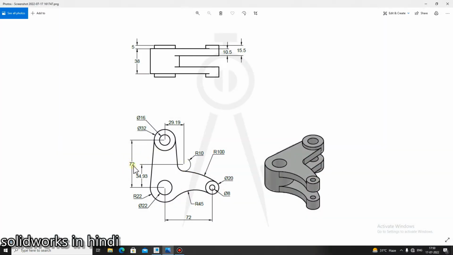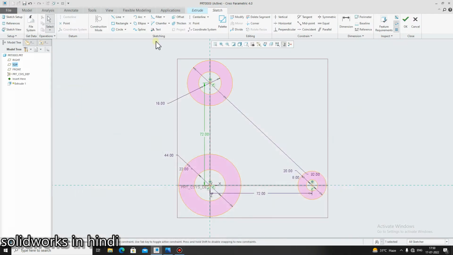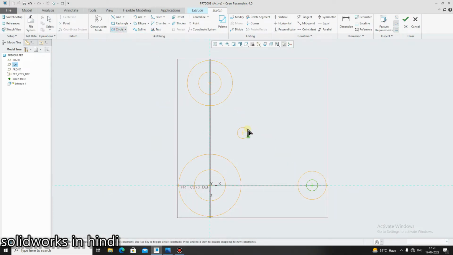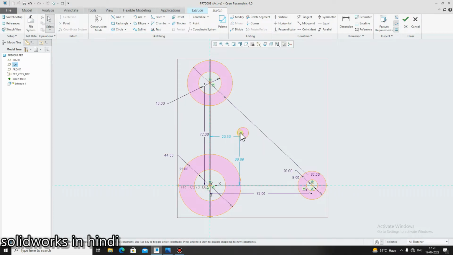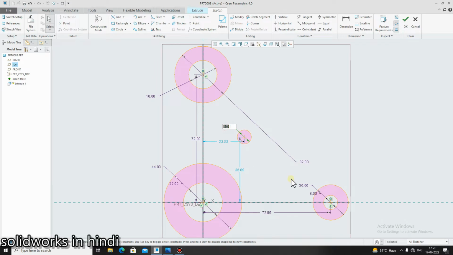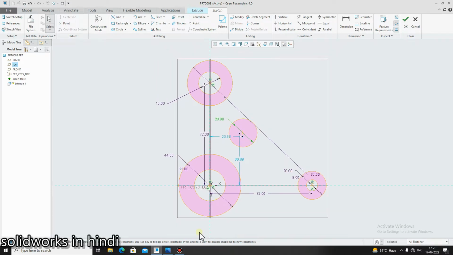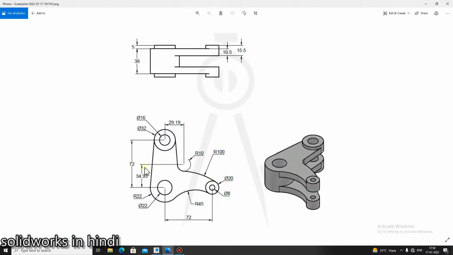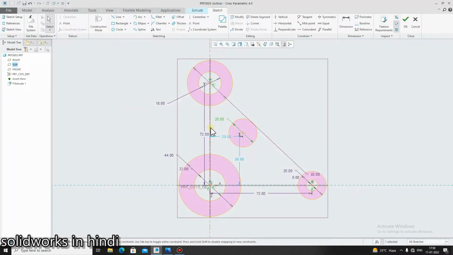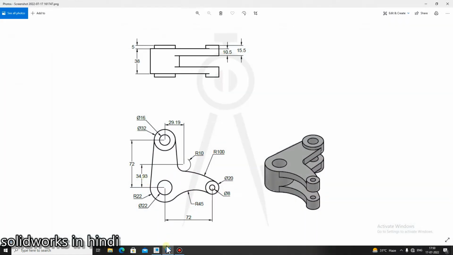Here it is shown. The next is create the circle of radius 10, so the dia is 20. Horizontal dimension is 29.19 and the vertical dimension is 34.93.